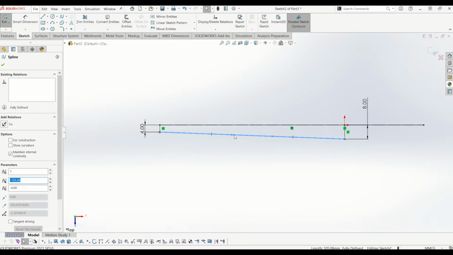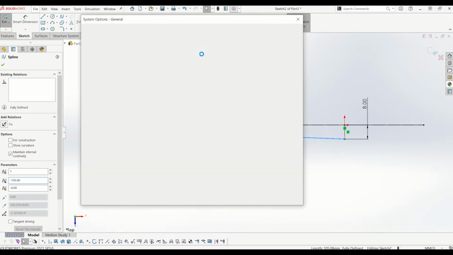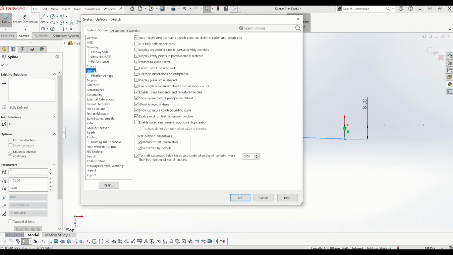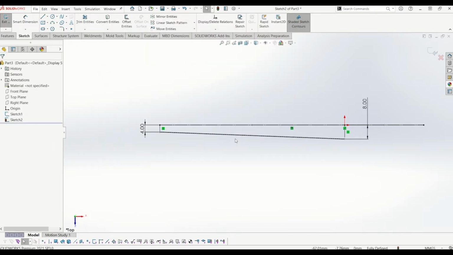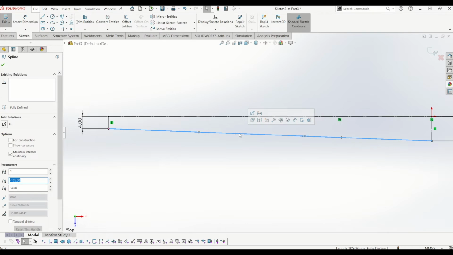If you can't see these grayed out arrows, you need to go up to your settings, go to Sketch and make sure you have Display arc center points ticked, Show spline control polygons by default, and Show curvature comb, bounding curve, and scale. So just make sure you've got these ticked in your sketch options. If you've got all these ticked, it should come up when you click on the spline